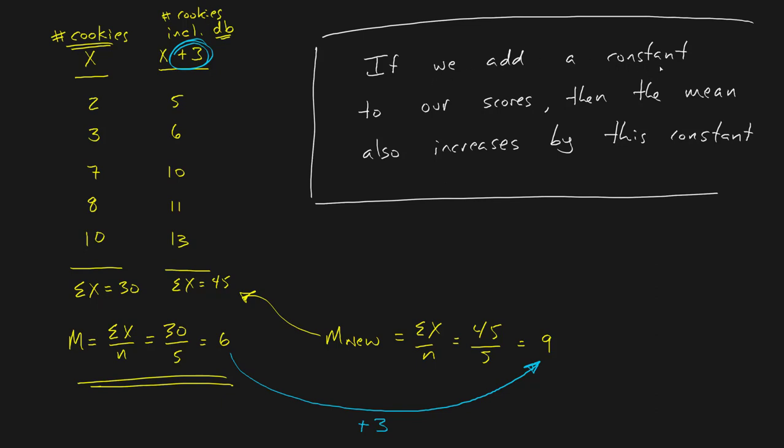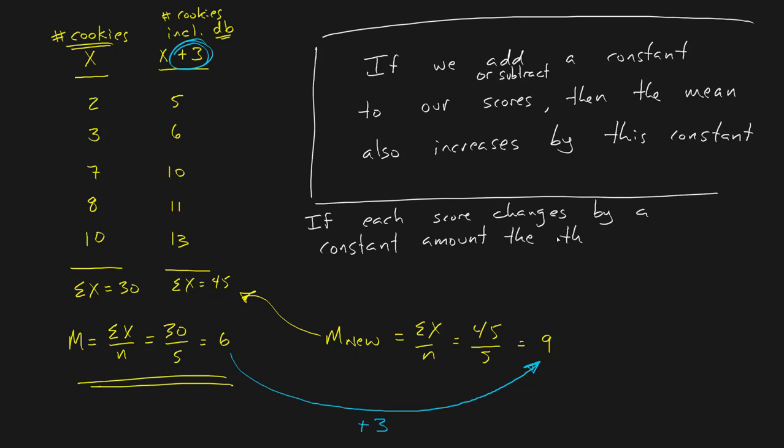Now, we can generalize this too beyond just addition. Instead of if we add, it could be if we add or subtract a constant to our scores or from our scores. So actually, let me rewrite this. Let me say that if each score changes by a constant amount, so that includes adding a constant or subtracting a constant. So either I'm going to subtract 5 from all of these, or I'm going to add 3 to all of these, and so on. So if each score changes by a constant amount,